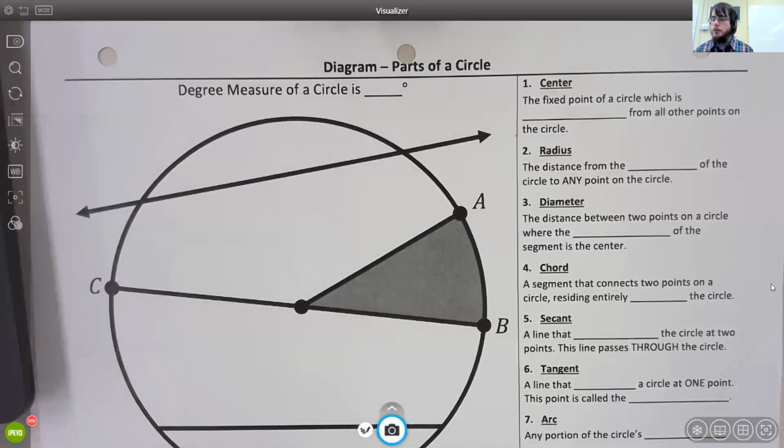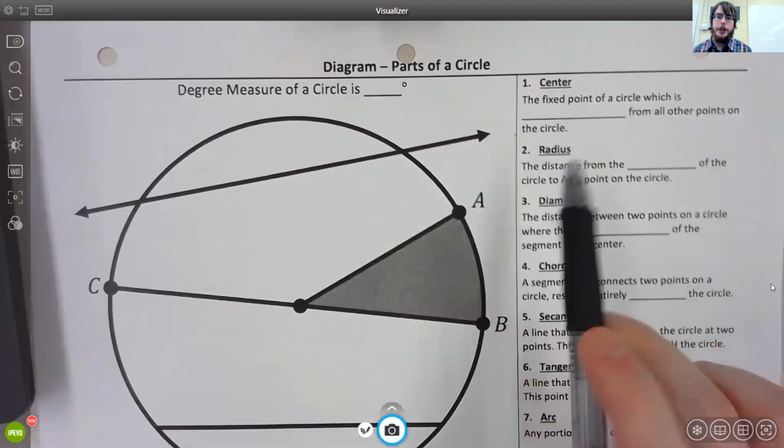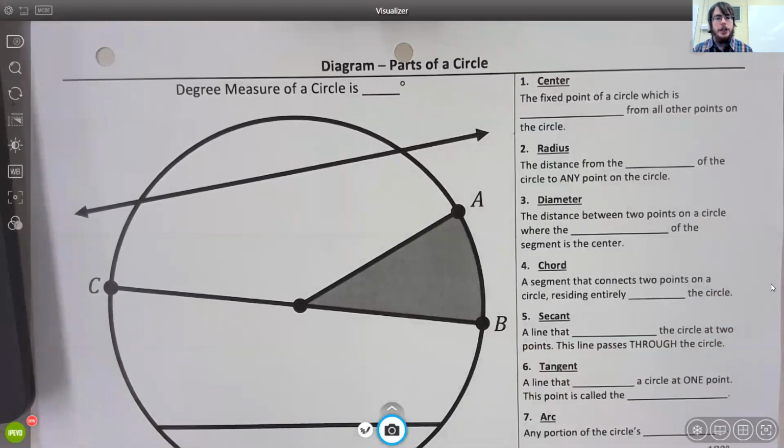This time we're going to be looking at a diagram of a circle and labeling and discussing the various parts of the circle. So we've already discussed the first three parts on this diagram that are numbered 1, 2, and 3 here. We talked about these when we talked about the equations of circles and circles in the coordinate plane. Okay, so first off,